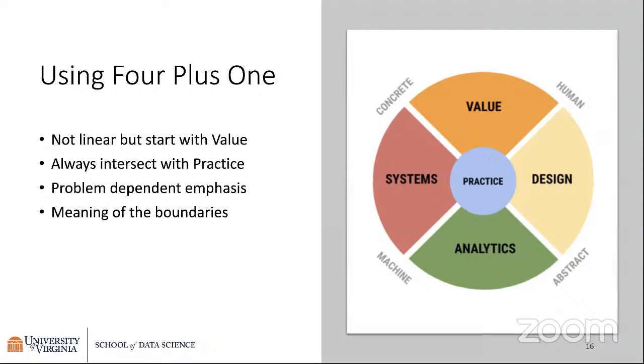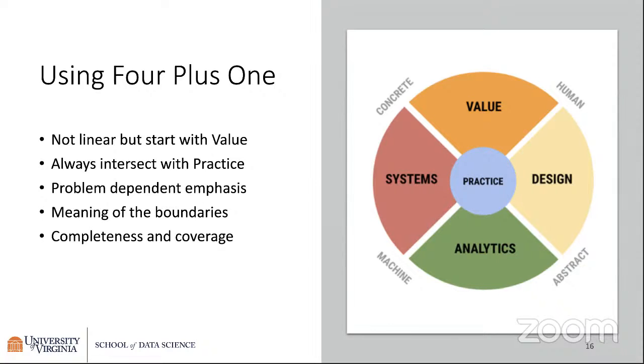The boundary between systems and value is concrete. You want to make it very, very precise and understandable, and it's concrete in the sense of language and communication between them. In terms of design and analytics, it's abstract. A lot of it is mathematical, a lot of it is pictures and graphs or displays. These kinds of things exist between these areas. And so these boundaries provide a little bit of meaning of where these four areas overlap with each other and share commonness between their activities.